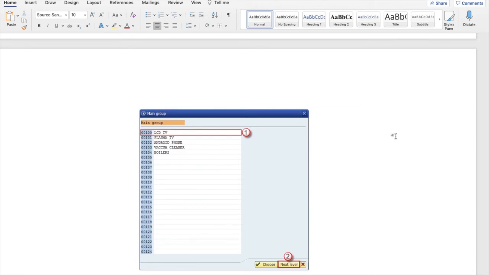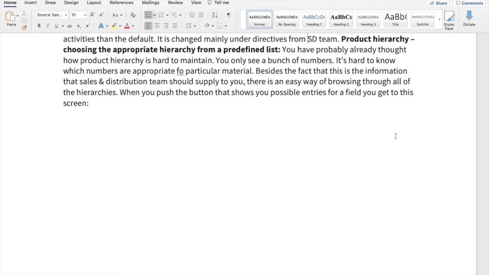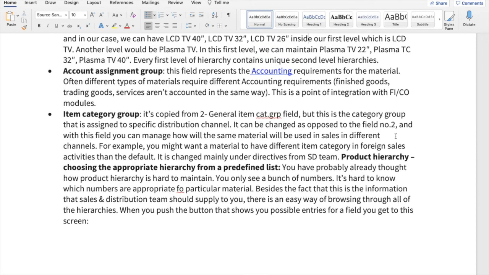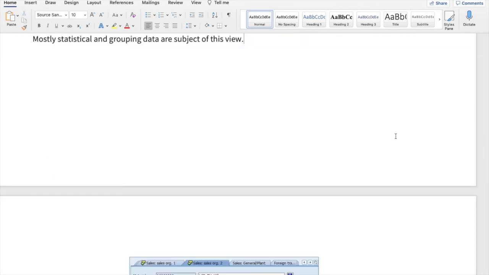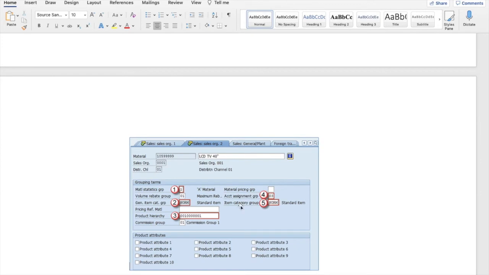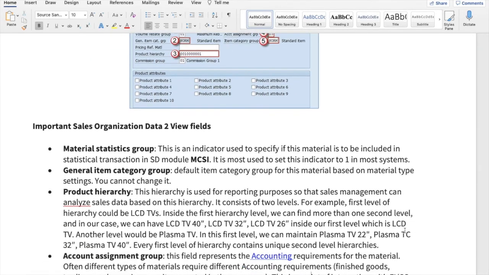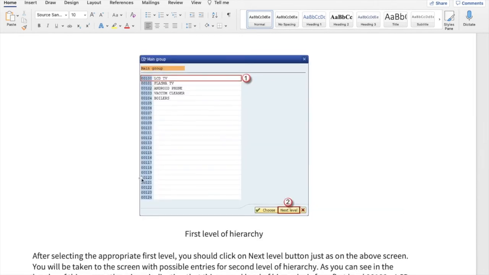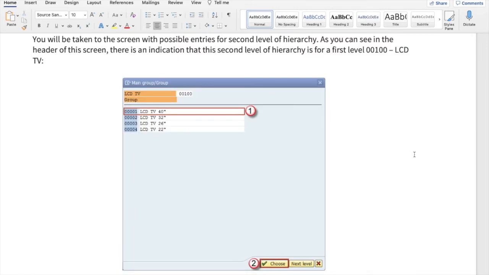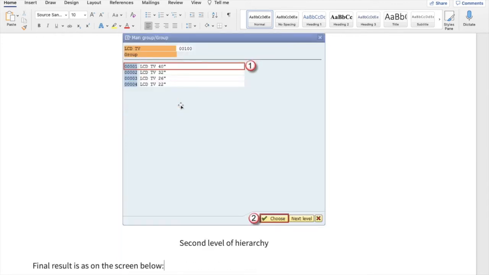Whenever you are writing in the previous screen the product hierarchy as 000101, just going there, sorry for that, it will come back to this table, cross verify there, and by this name you will understand it is LCD TV. I'm going a little fast now. So you can go for other kinds of groups and decide, and automatically it will come there.